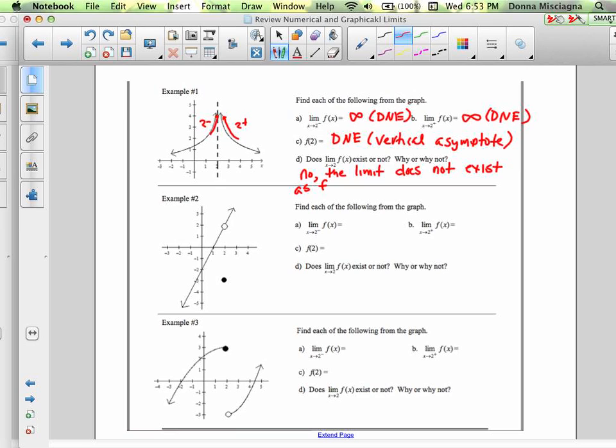As the function, and it is labeled with an f, so we can call it f of x, as f of x does not approach,